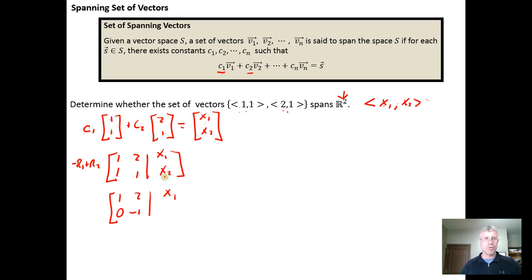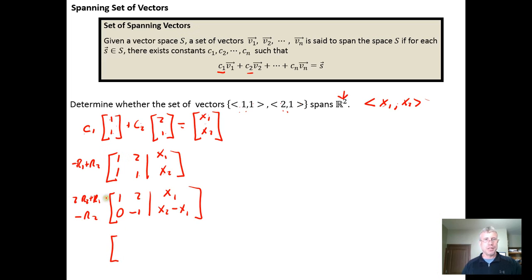Here the x sub 1 wouldn't change. The opposite of x sub 1 plus x sub 2 is going to be x sub 2 minus x sub 1. And then I could do two row operations here. We could do twice row 2 plus row 1 to get a 0 in this spot, and we could do the opposite of row 2 to get into reduced row echelon form. So if we do that,